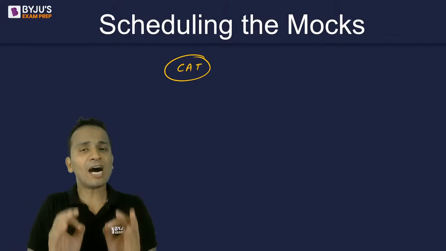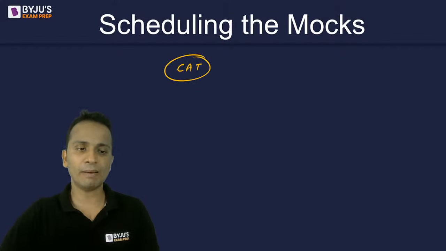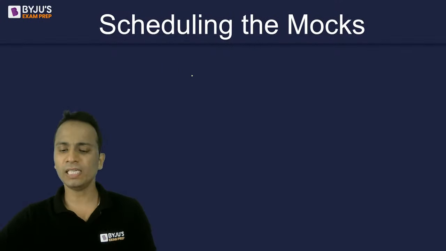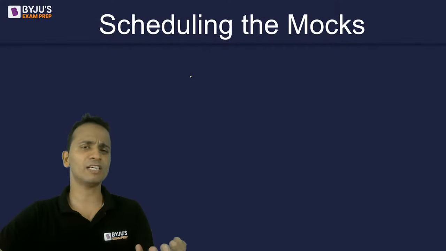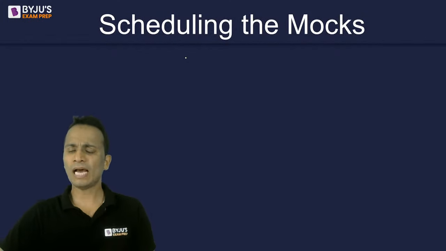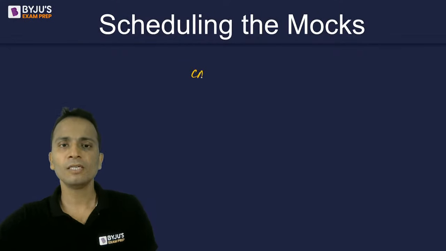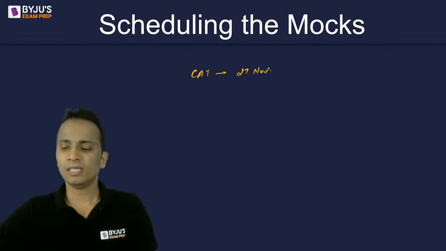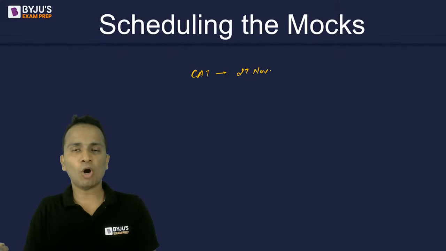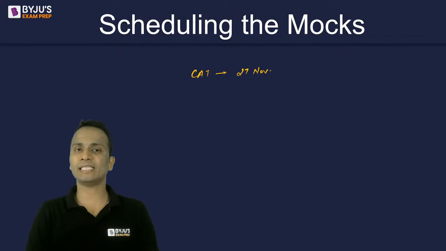Now, the question is how to start with the mock papers of these examinations. Obviously, you would know that the test series for CAT is currently going on. Here at BYJU'S, we have conducted somewhere around 12 mock papers, and every 10 days we have a mock CAT. The CAT examination is scheduled for the 27th of November, and the schedule of other mock papers will completely depend on the dates of these examinations.